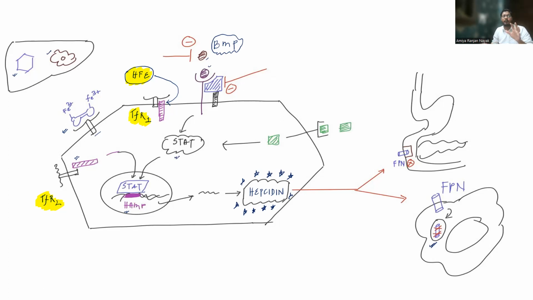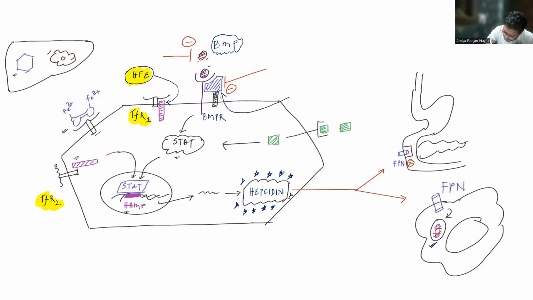Just remember that bone morphogenetic proteins can also increase the hepcidin production. Okay, so these are the bone morphogenetic proteins, and these are BMPRs, bone morphogenetic protein receptors. But there is another special molecule which is very important to remember. That molecule is known as